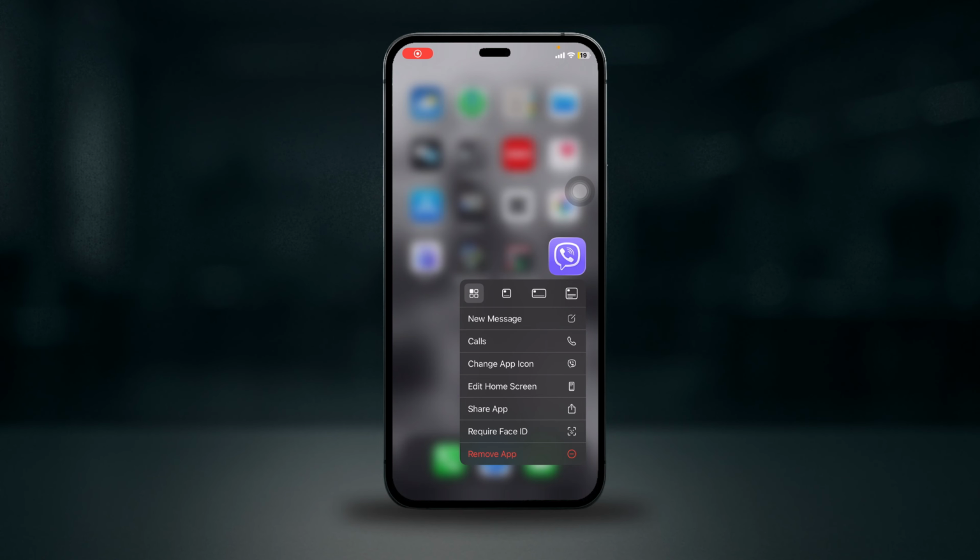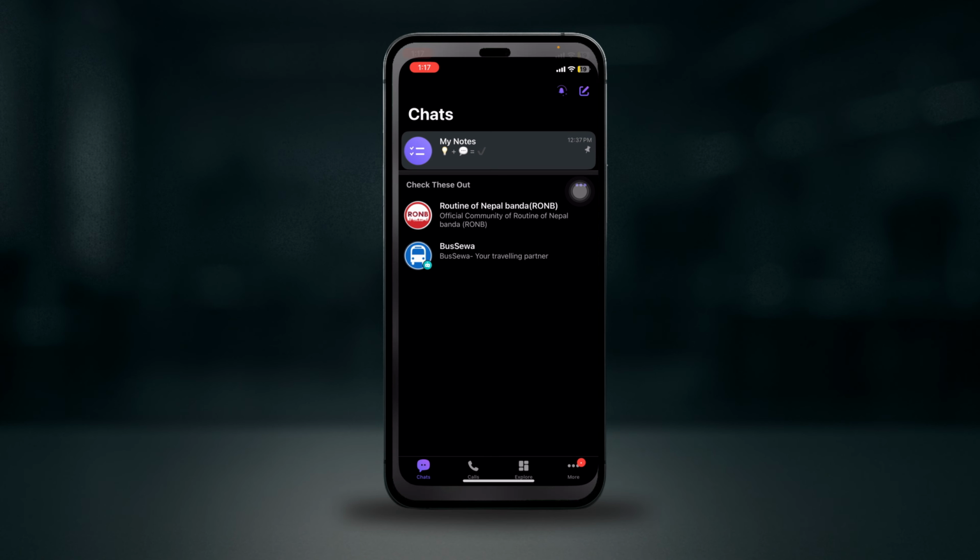Hey everyone, welcome back. If Viber media like photos and videos are not downloading, do not worry, this can be